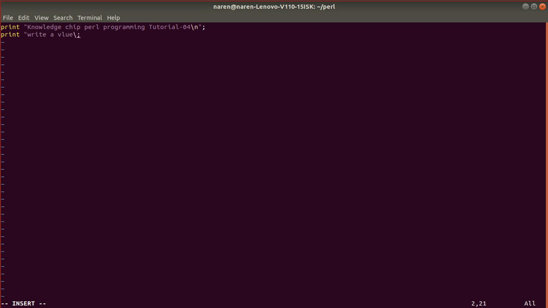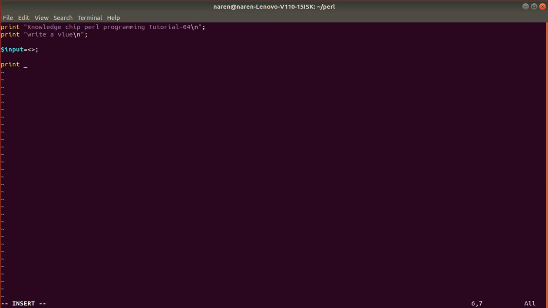It will ask the user to write the value, and it will accept the value from the user. So we need to create a variable for taking the input. Let me take a variable name as input and equal to, here we need to give this operator, and a semicolon. After this we have to print, right?